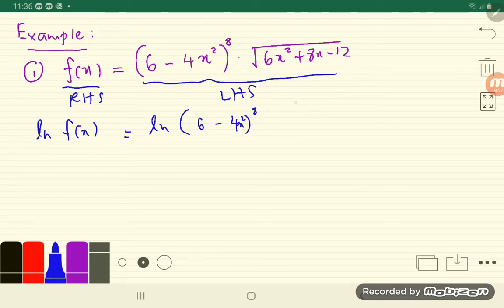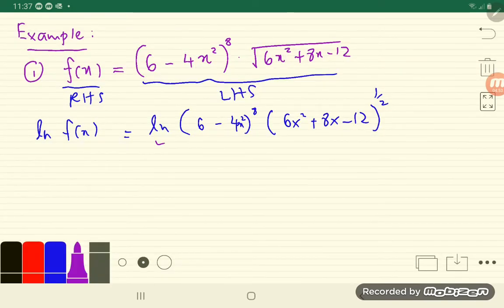And then the square root, I think it's better for you to write in terms of power, where you are supposed to get (6x to the power of 2 plus 8x minus 12) to the power of 1 over 2. Okay, or you can say it is power of half. So what you can do now is, you can apply the properties for this part. Okay, if you still remember the four properties that I introduced just now, here we can actually apply